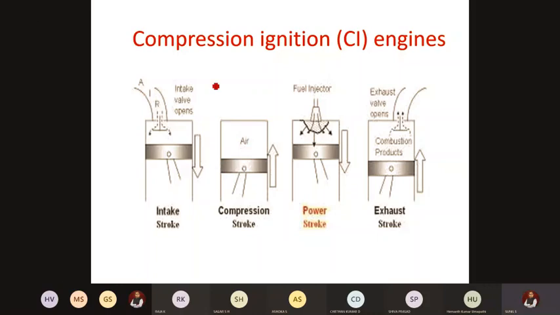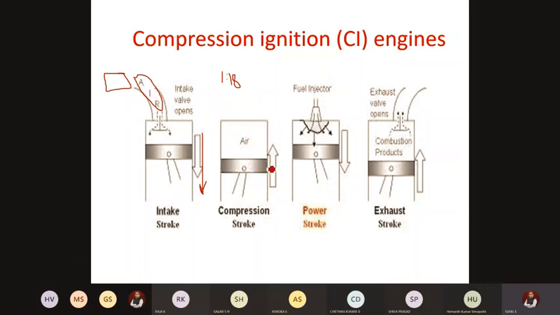Okay, so coming to the working of this diesel engine, again through the inlet port here, only air will be taken. You can see here, from an air filter, only air will be sucked in during the inlet stroke. The piston moves downwards. During the compression stroke, only air will be compressed to very high compression ratios in the range of 1:18 to 1:22. Depending on the type of engine, it will be compressed 18 times.